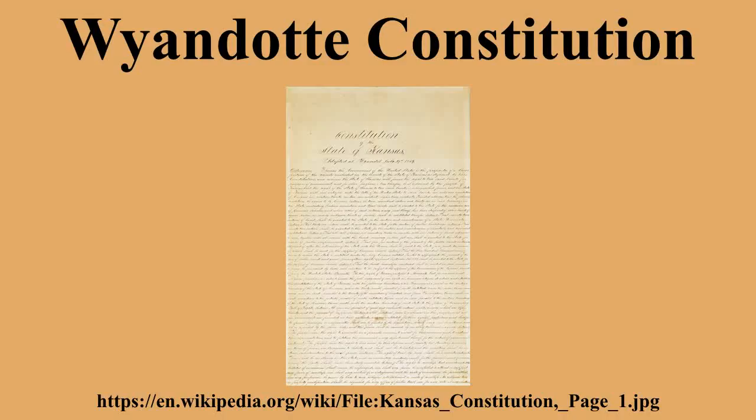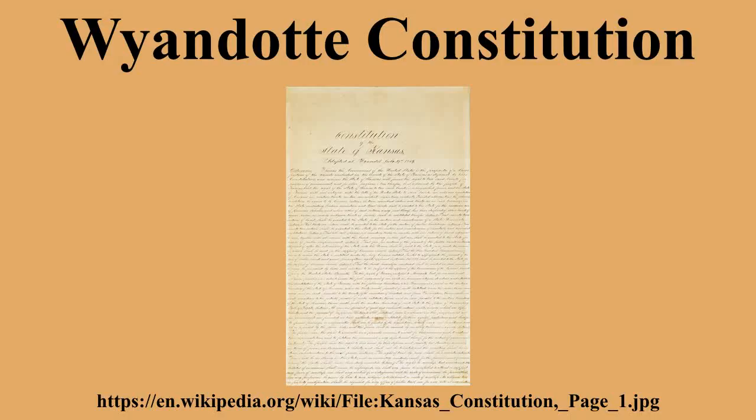The present Constitution of the state of Kansas was originally known as the Wyandotte Constitution to distinguish it from three proposed constitutions that preceded it. The Wyandotte Constitution was drawn up at Wyandotte in July 1859, and was the fourth constitution voted on by the people of Kansas Territory. As the battle between pro-slavery and anti-slavery forces during the Bleeding Kansas era spread to the debate over the terms of the new state's charter adoption, the Wyandotte Constitution was approved in a referendum by a